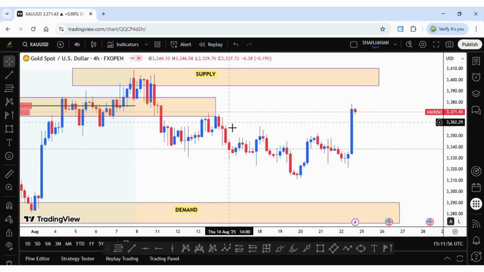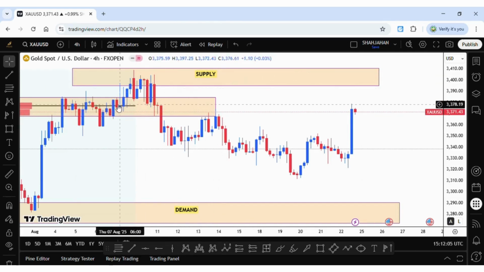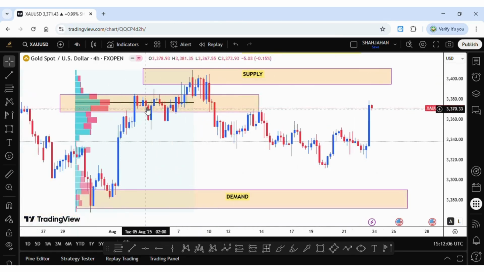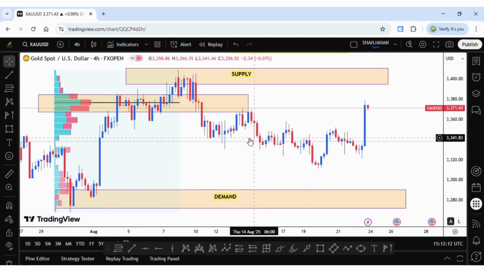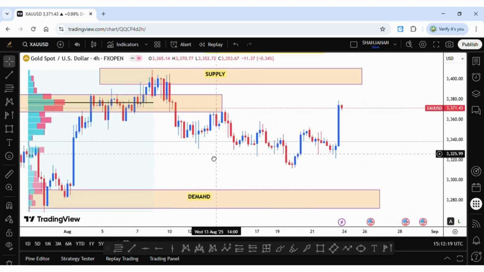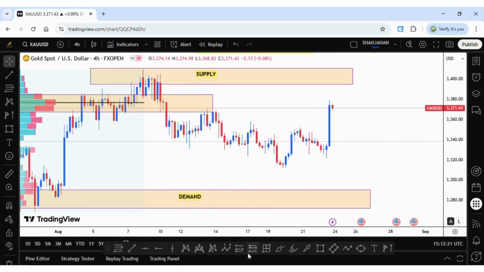Because the market did not tap on the supply, because here is our main rejection area. So you can find our main rejection area with this tool,